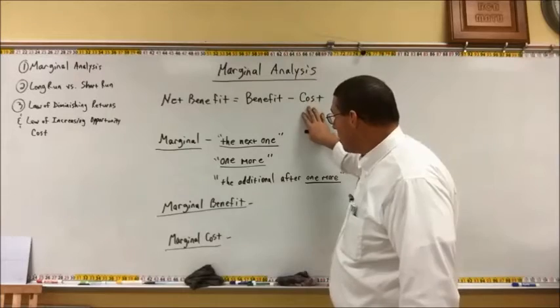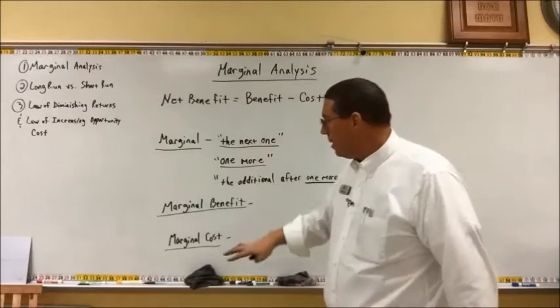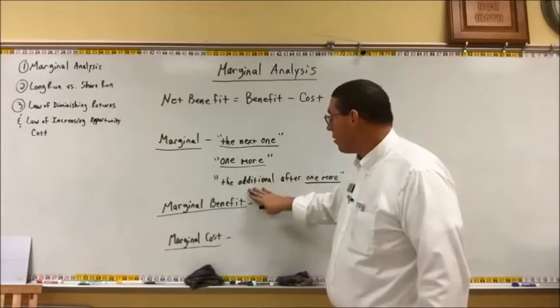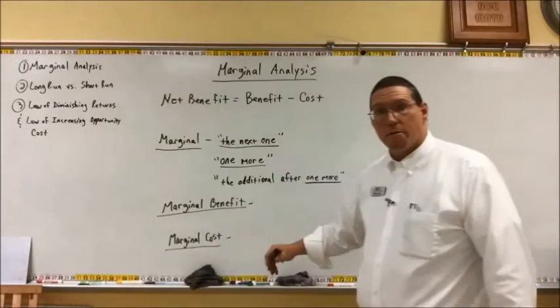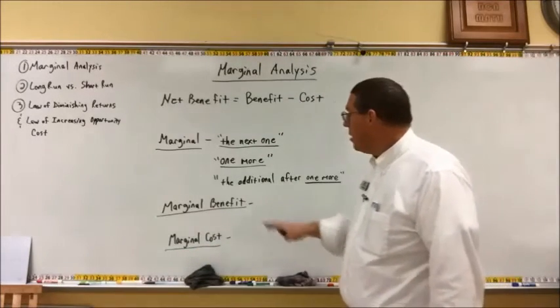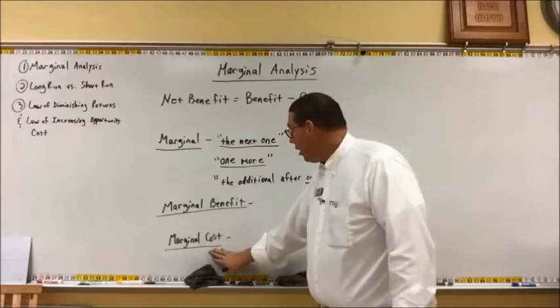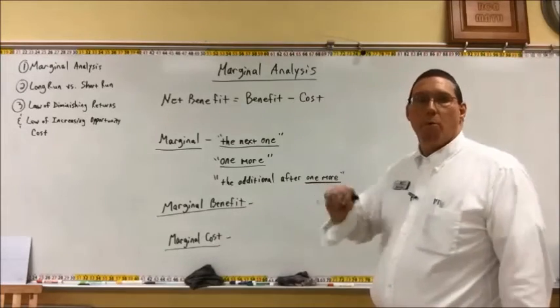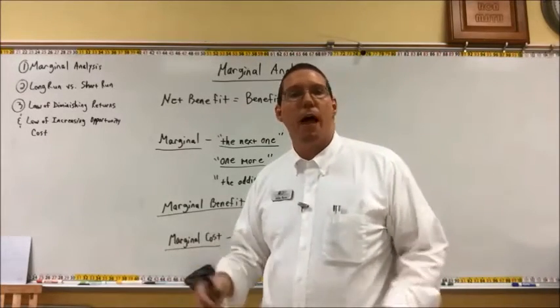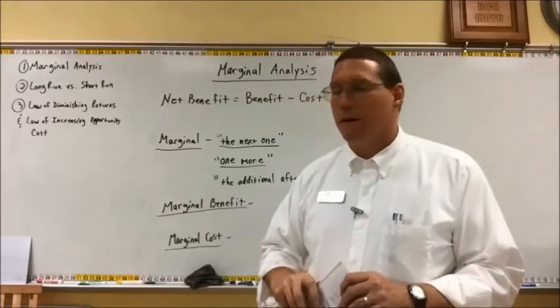But here's the thing: when you eat another slice of pizza, there is also an additional cost. So that's the marginal cost. Marginal cost is the additional cost after eating one more slice of pizza. And you can apply this to anything. Okay, how